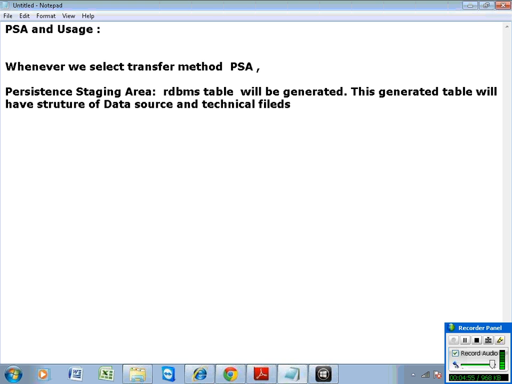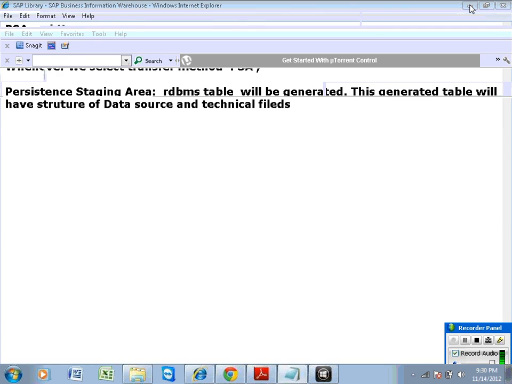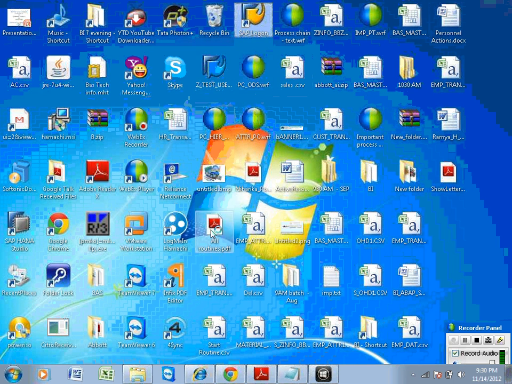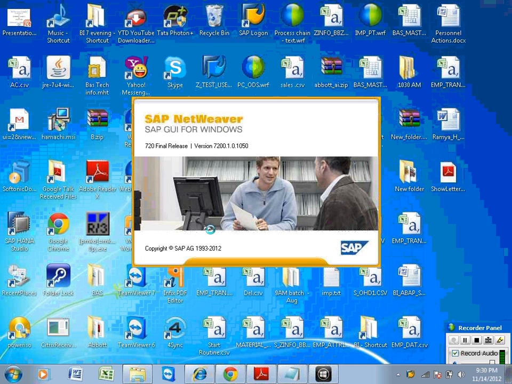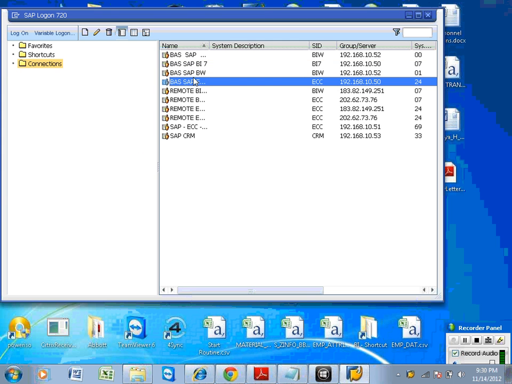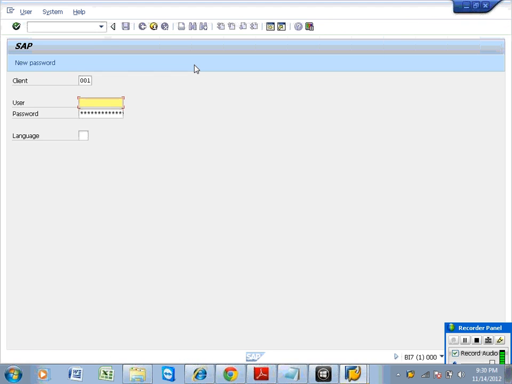Okay, let me open the last example. In the last example, you loaded data into an info object.